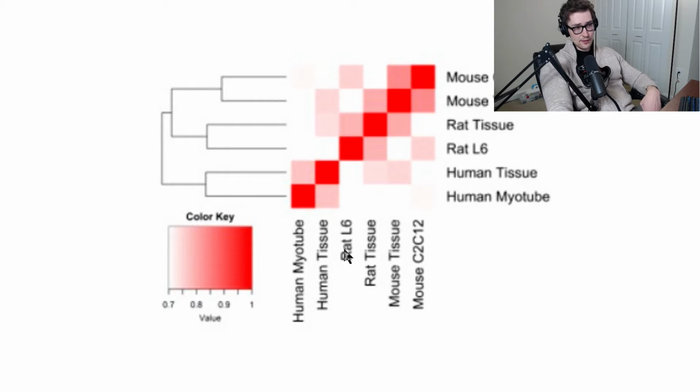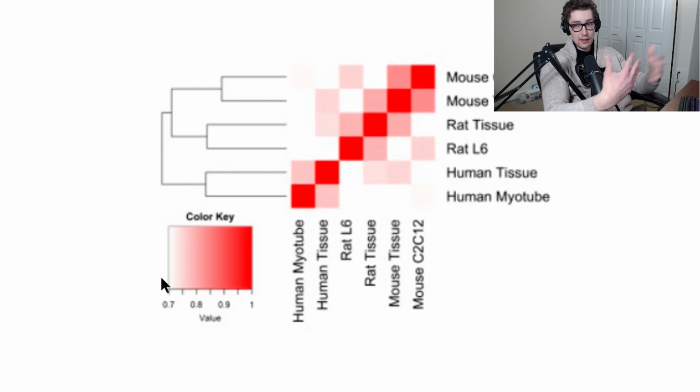Now, if you look at, for example, the rat L6 cells compared to the human myotubes, which is some of the studies that I'm going to be pointing out, you see here that it's white. So you would think that, okay, well, then there's no similarity, but that's not how you actually read this. You read this as: it has a great amount of similarity, but it's going to be the lowest amount of similarity by comparison to if you were to compare human myotubes to human myotubes. So yes, there's similarity. Let's say these are on a percent scale, so 70% similarity, but there's significant